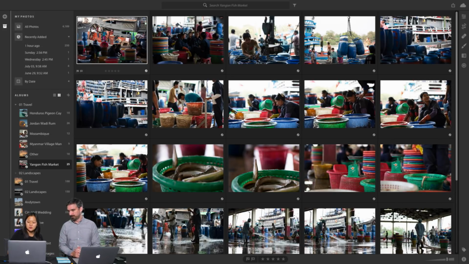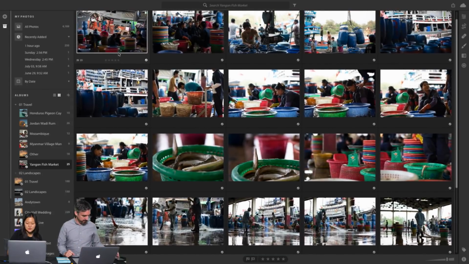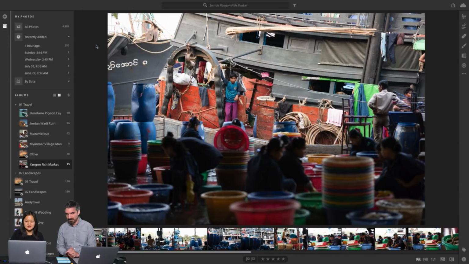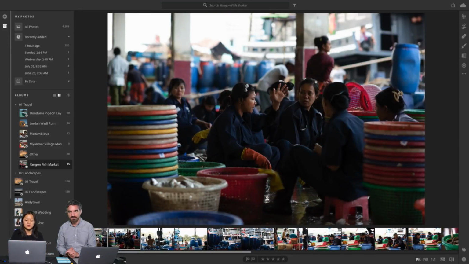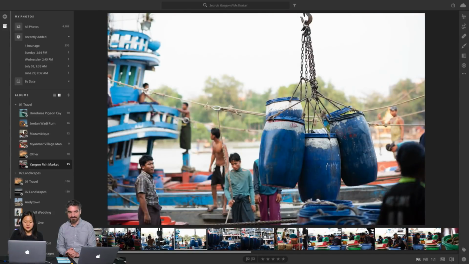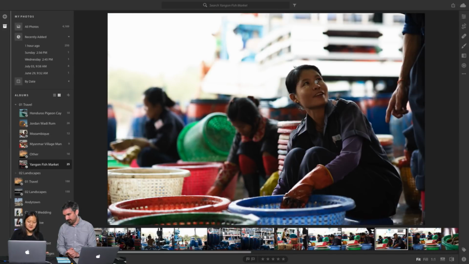Right now we're working with something like 30 or 25 images. For me, it's important to set the scene, right? To have a wider shot that sets the scene, and then to show the different things that are happening throughout this process. Essentially the process is that these fish get brought in on these boats, and they're unloaded, and they're dumped, and then they're sorted by these women.